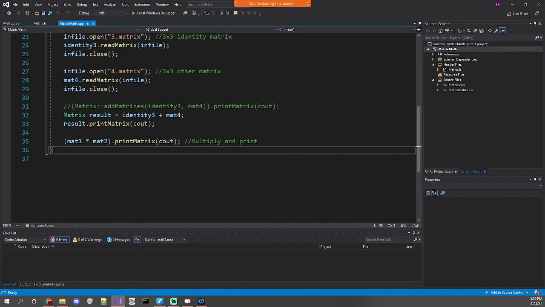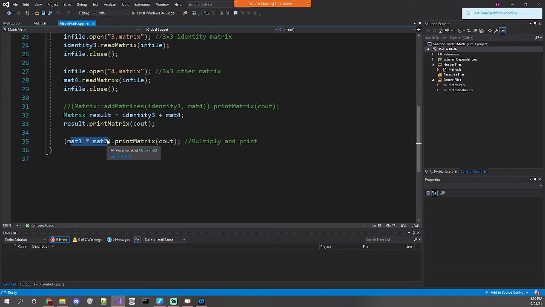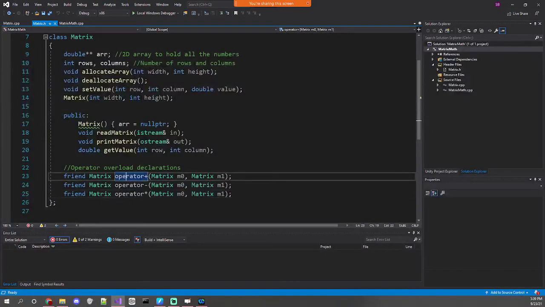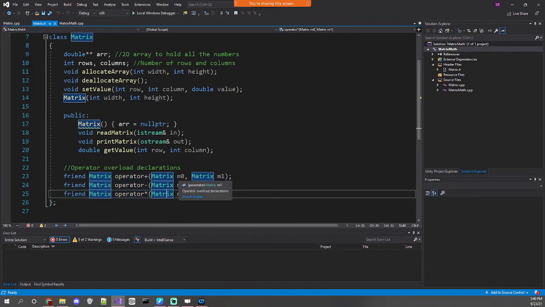So this plus and this times that we wrote are just special kinds of functions rather than doing this operation normally. What C++ does for all operations is it just calls a function based off the operation. The way that you name those is operator overloads. So here we had three functions for adding two matrices, subtracting two matrices, and multiplying two matrices that all return a matrix. And these were all static, and the way that we mark them as static is we make them